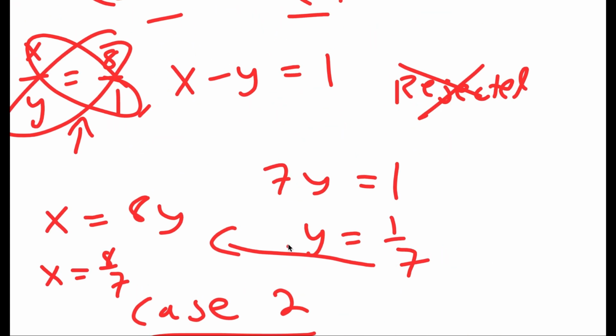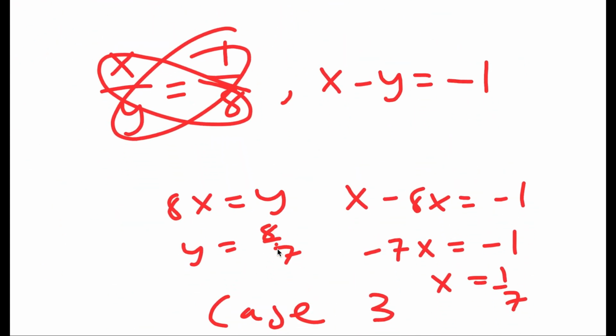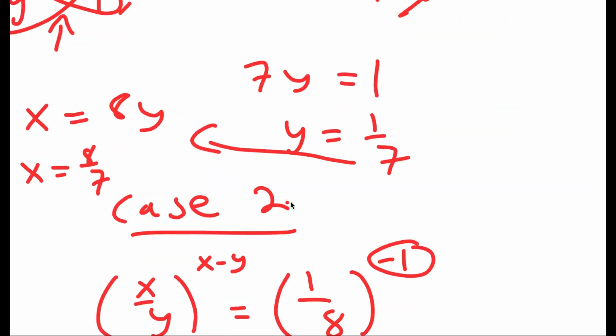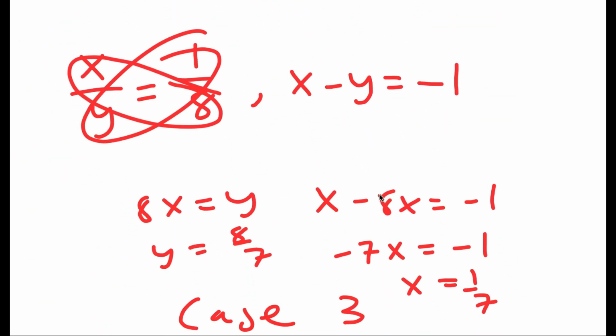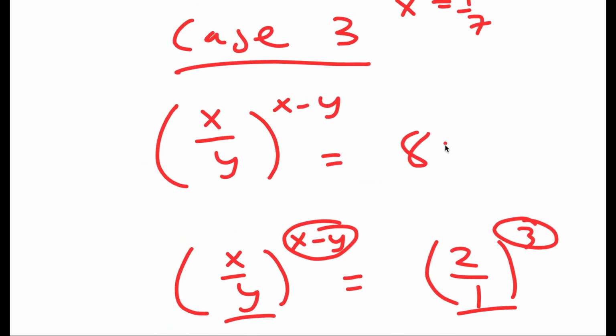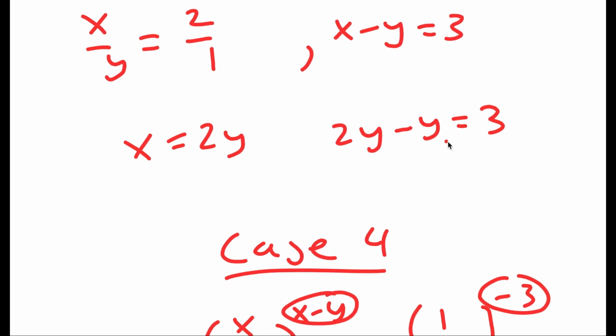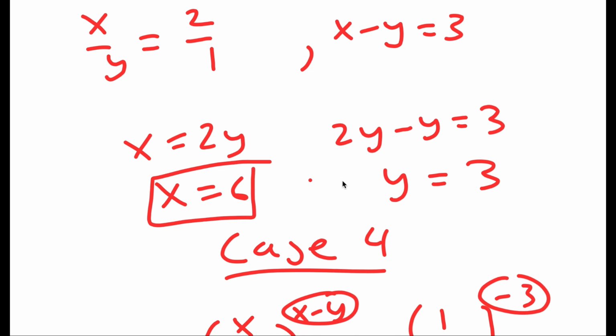So this is just this case 1 but flipped. And if you plug this in, this is also rejected. Now for case 3, I get y is equal to 3. And if y equals 3, x is equal to 6. And this is actually accepted,